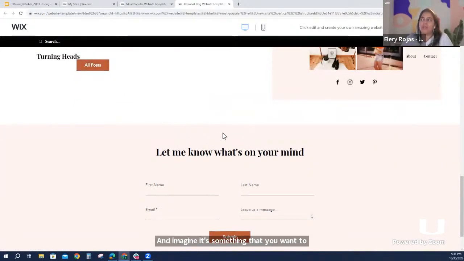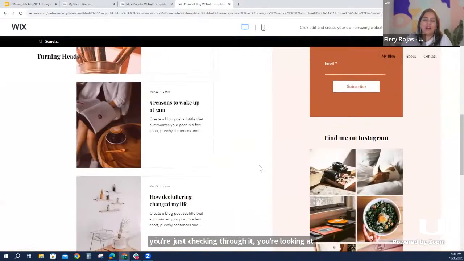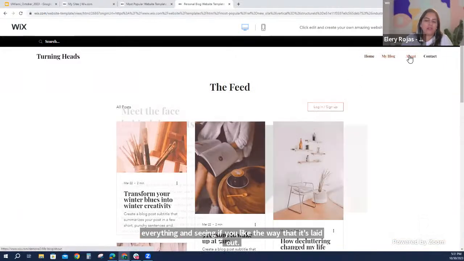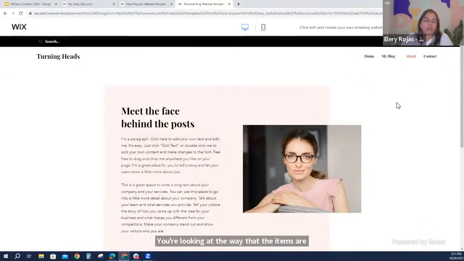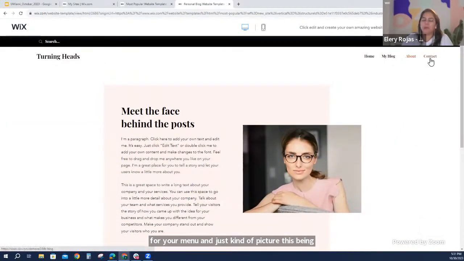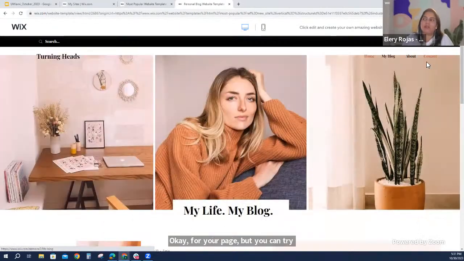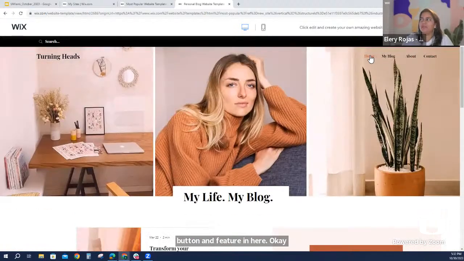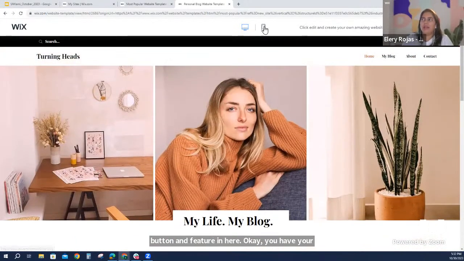So you're just checking through it, looking at everything and seeing if you like the way that it's laid out. You're looking at the way that the items are listed here for your menu, and just picture this being something that you use for your page. But you can try out every single button and feature in here. You have your contacts page, your home page, and you can even view what it looks like on a mobile device.